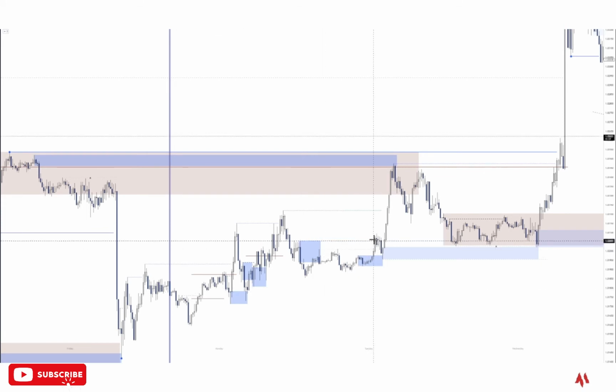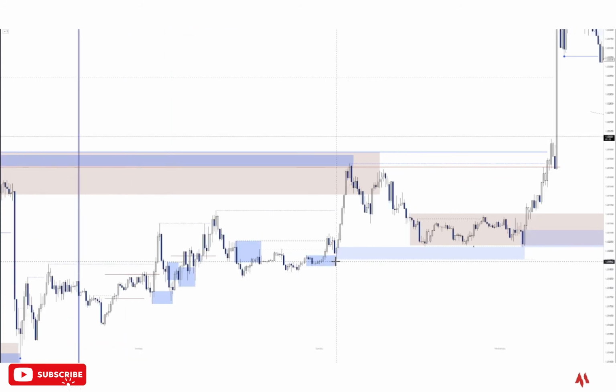We had our change of character over here, and this was the last demand zone, the last sell to buy that led to this change of character, which we marked out and wait for price to tap into our zone to look for lower time frame entries. Like I said, later we will check for lower time frame entries over here,